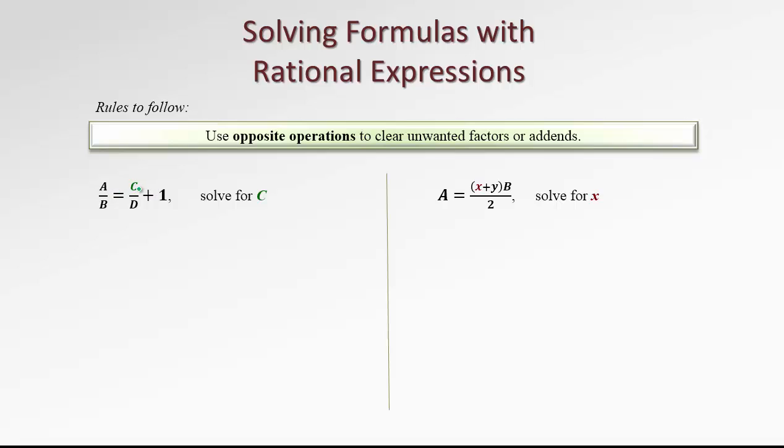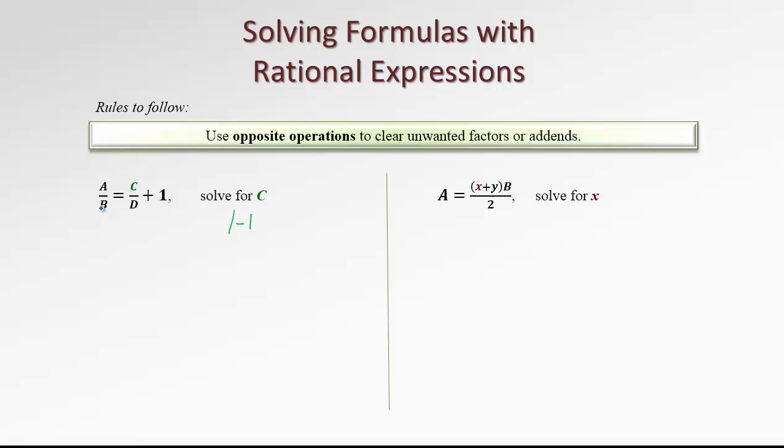We need to solve this formula for C. Let's observe what operations were applied to C to build this right-hand side formula. Well, C was divided by D, and then we added 1. So now to undo the operations, we need to get rid of the last operation, which is this addition, and then undo this division. The opposite operation to addition is subtraction, so we're going to subtract 1 from both sides